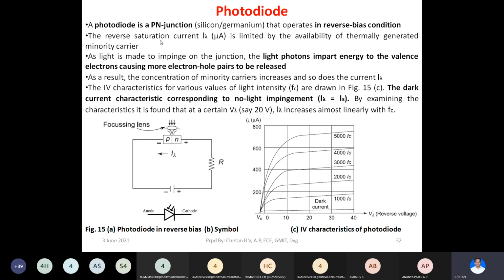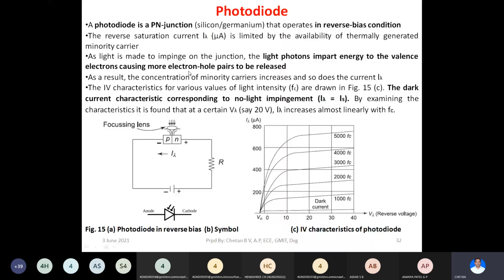And each photon will have a definite energy, right? Now when you try to focus photons, or impinge light on this PN junction as indicated in this diagram, what would happen is the light consists of photons, each photon has a definite energy, and these photons will hit the p-n junction diode. On both sides, these light photons will impart energy to the valence electrons, on the p as well as the n type, and they will result in generation of more electron hole pairs, right?